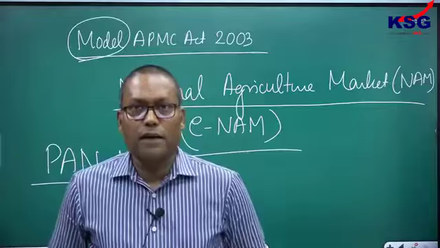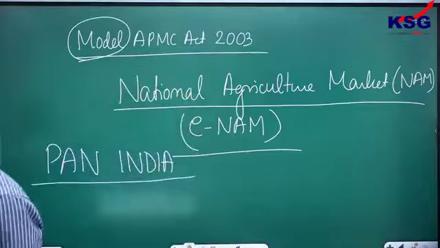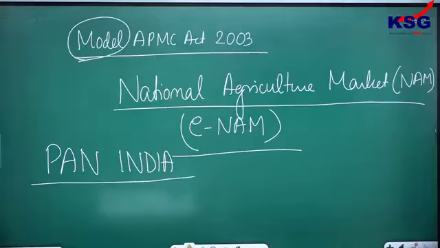Please write: around 1000 agricultural produce markets, that is mandis, have been integrated to the platform in 18 states and 3 UTs. Please stop. The eNAM portal provides